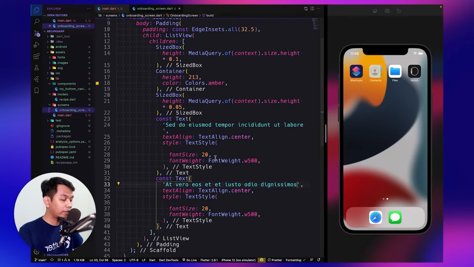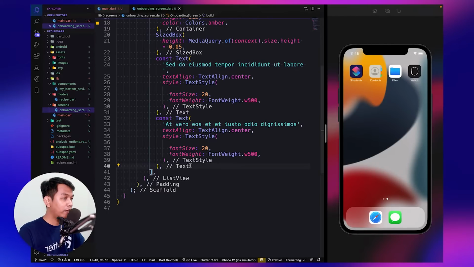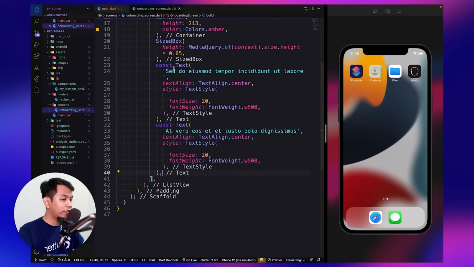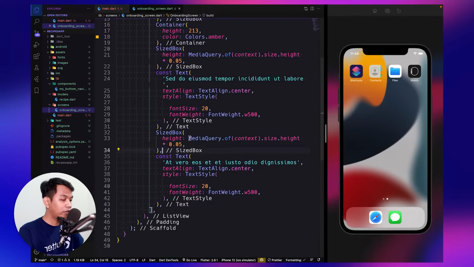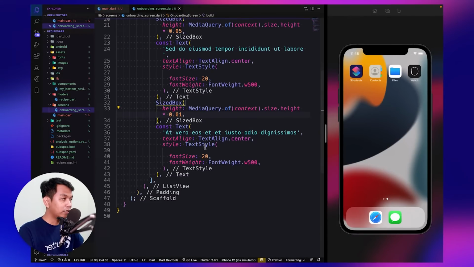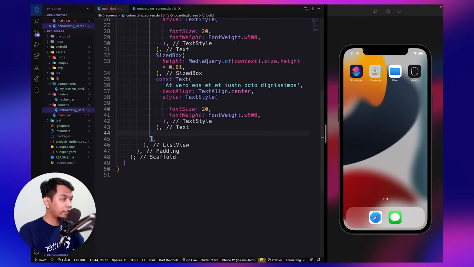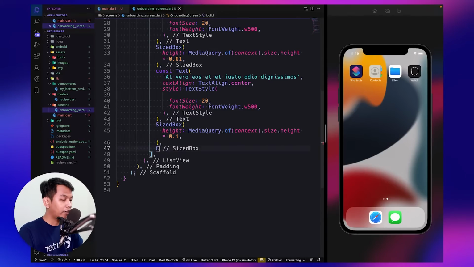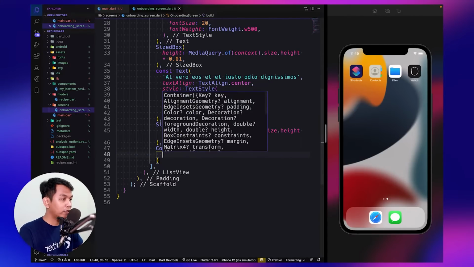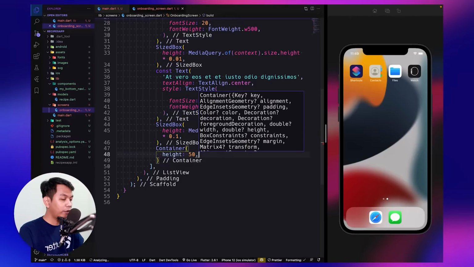All right, and below that, between these texts, we can add a SizedBox here, make it 1%, and below the second text, we add another SizedBox which is 10% again, and below that we have a container again with a height of 50.